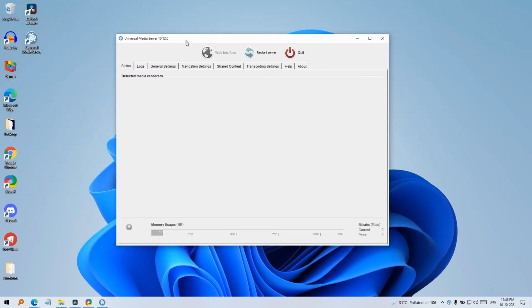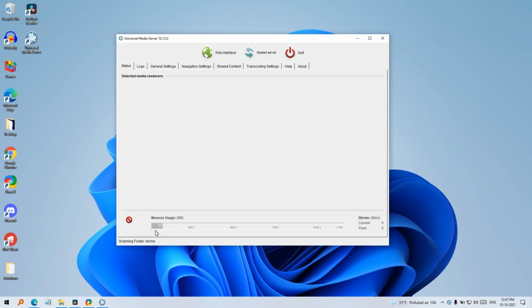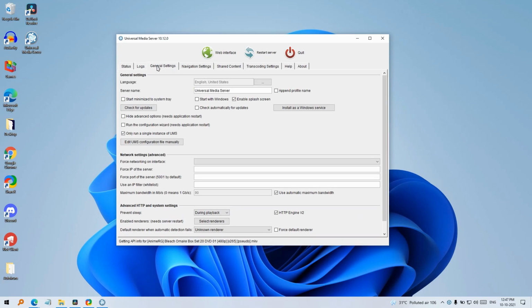The application is up. We'll just wait for it to complete its configuration or setup. While it's working, we will go to general media settings. You can enable the splash screen, the logo which displays when the application is being launched.